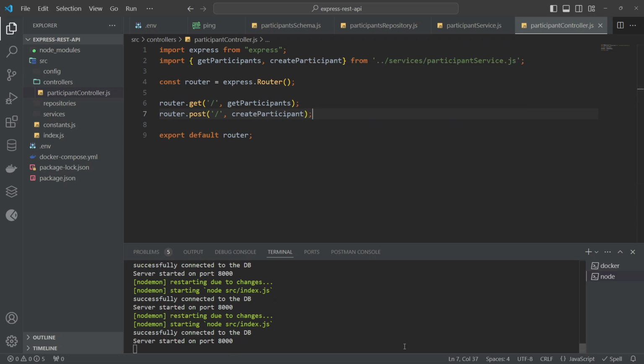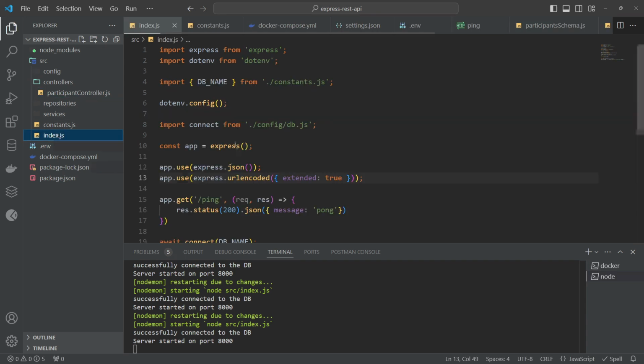So the repository is done, which will give data to the service. The service is done, which will give data to the router. Now the router is done, and then what we have to do is attach it to the index, or in this app,